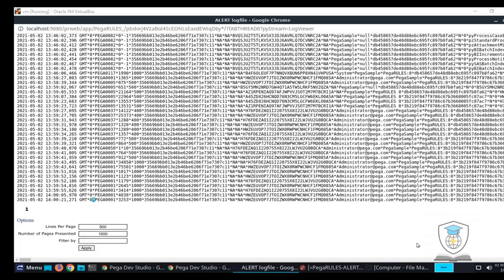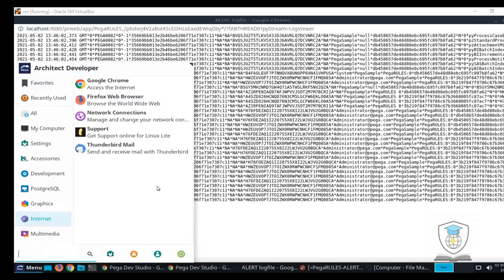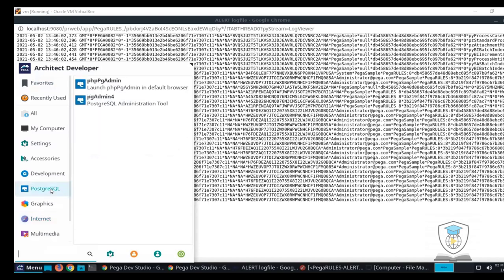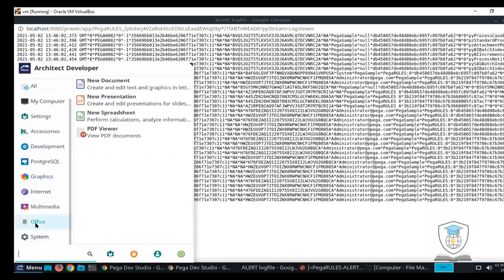What will we do when the file size of the alert log is big? Excel can import data in GBs. Excel is very, very efficient. It seems like an impossible scenario, because Pega alert logs are generated each day, and these are text files. We will not have that many GBs. Sometimes it is not even in MBs.